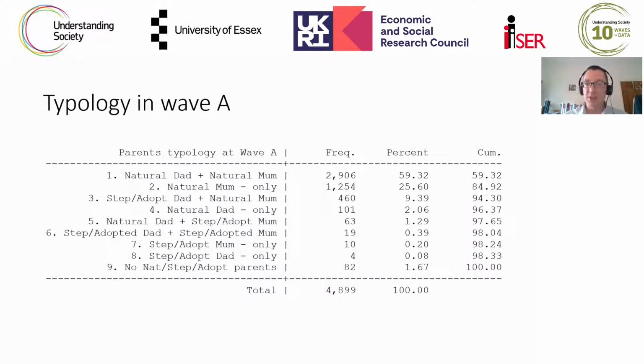And what you'll notice straight away from that is that the top 2 categories, where a young person is living with their natural father and natural mother, or with just their natural mother, are overwhelmingly the biggest categories. So we have some much more common patterns in our data, and some of the other combinations occur far less frequently. So that's a very simple observation.